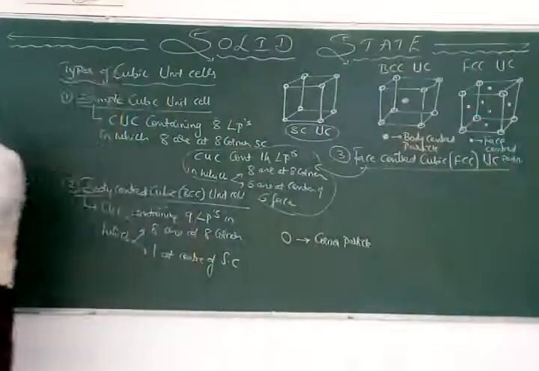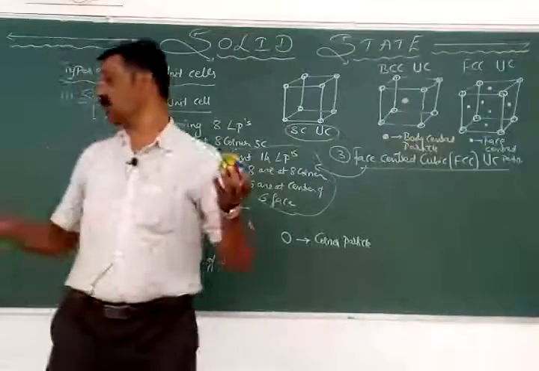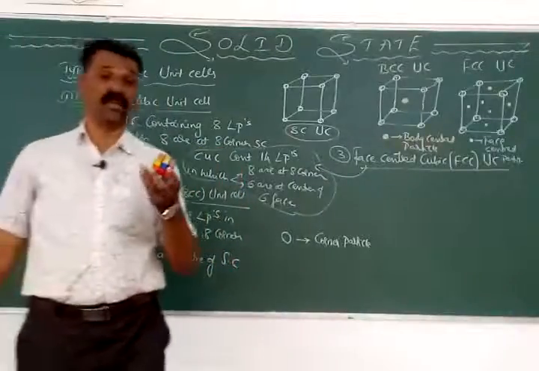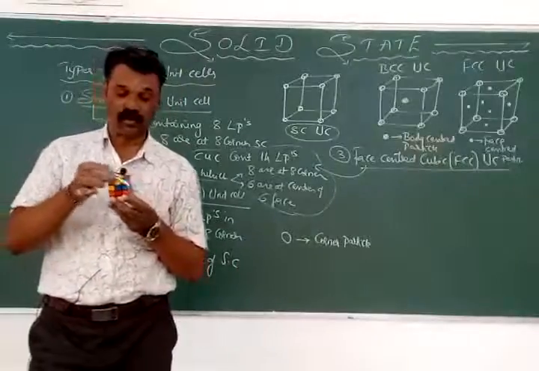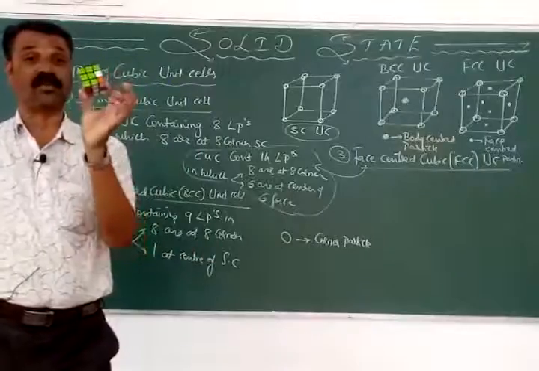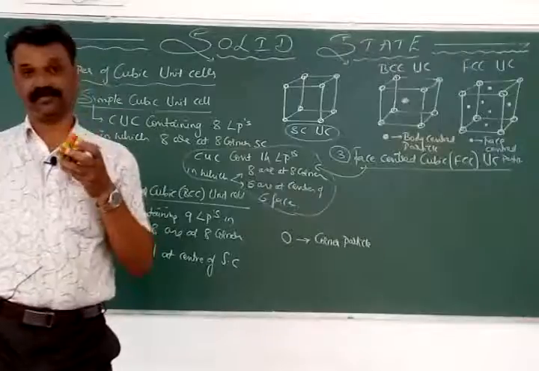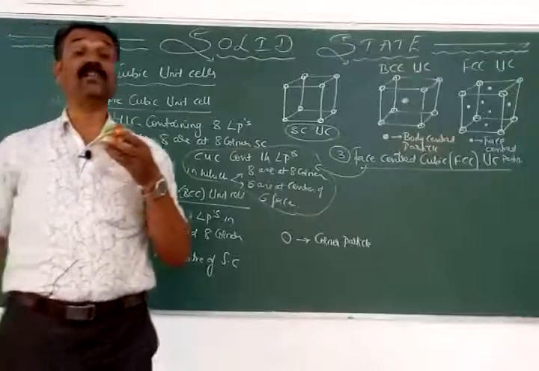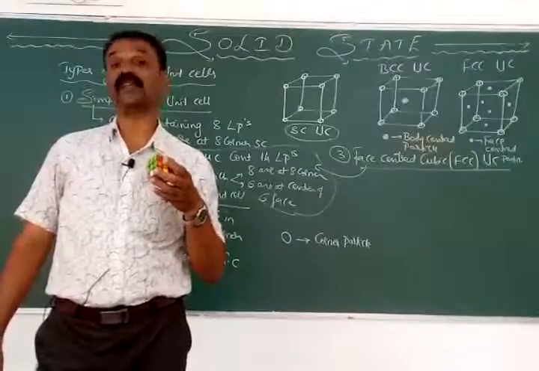Okay. So let us have this one. I think first this is called the simple cubic unit cell. Why? Because the particles are present only at the corners. Assume that 1, 2, 3, 4, 5, 6, 7, 8. Totally 8 particles, so it is called the simple cubic unit cell. Apart from that, if the particle is present exactly at the center,